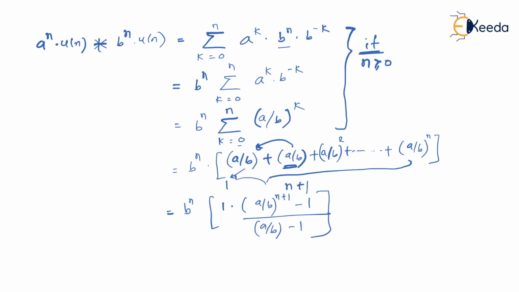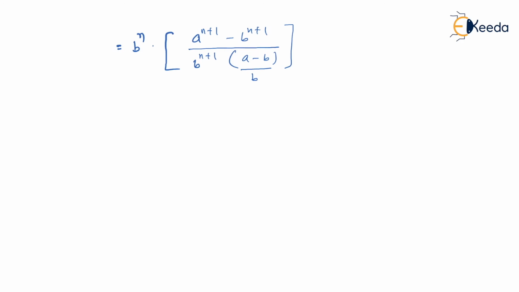I can write it like this, b to the power n, it is a to the power n plus 1 minus b to the power n plus 1 whole divided by b to the power n plus 1 in bracket, a minus b we already had in the denominator, as you can see, and this whole divided by b again. This is applicable only when n is greater than or equal to 0. Please don't forget that. Further, it can be written like this, b to the power n. In numerator we have a to the power n plus 1 minus b to the power n plus 1 whole divided by,